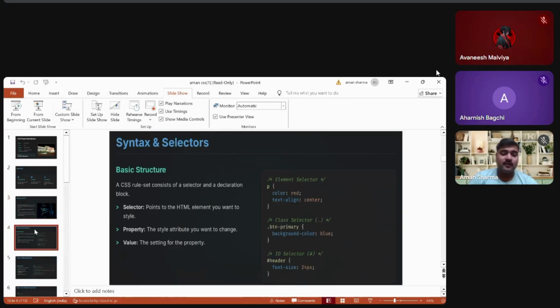Now moving to the fourth slide, what are syntax and selectors? The basic structure of a CSS rule set consists of a selector and a declaration block. The selector points to the HTML element you want to style. The property is the style attribute you want to change, and then the value is set for the property. Now moving to the next slide,